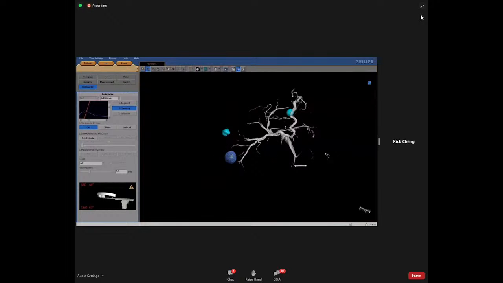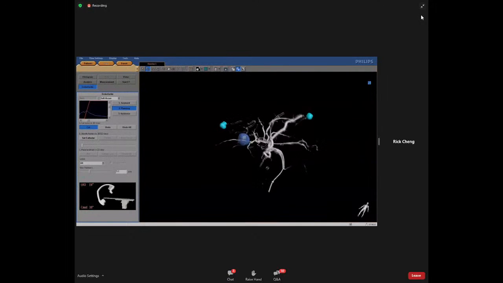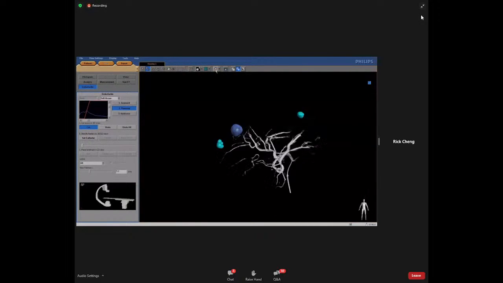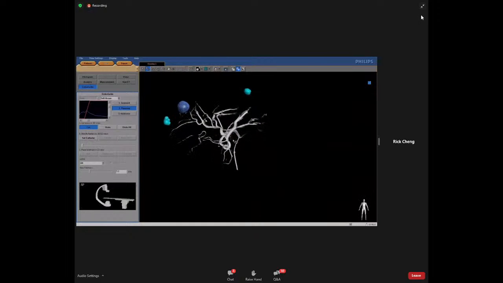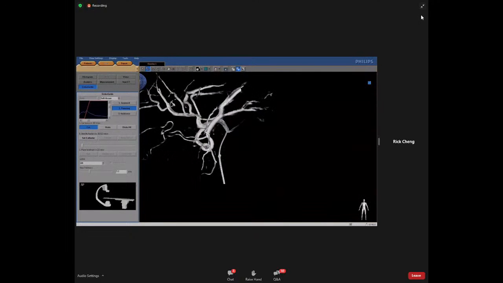The next step is to identify the catheter. Rotate the volume to obtain a clear view on the catheter. Select the Set Catheter button and move the mouse pointer to the catheter in the 3D volume and click on it. A green dot is placed in the catheter to identify the position. Notice the Set Catheter button has now changed into the Add Feeder button.